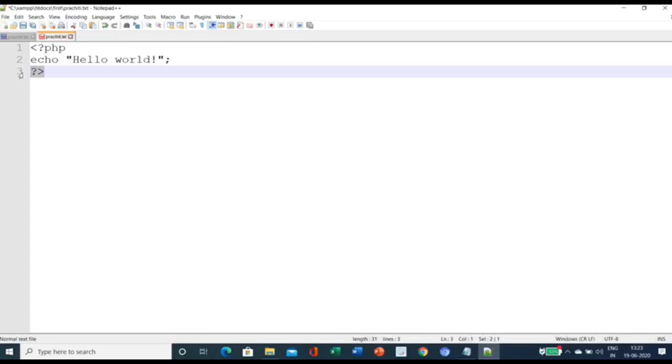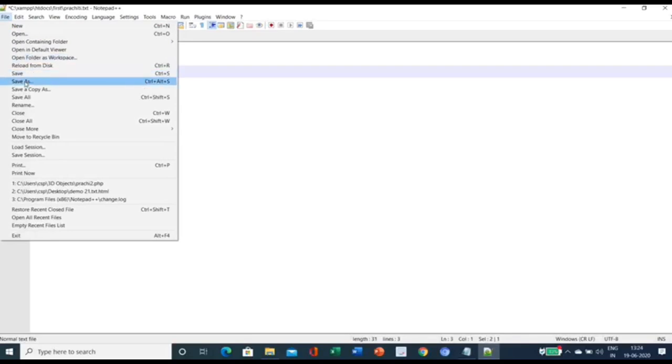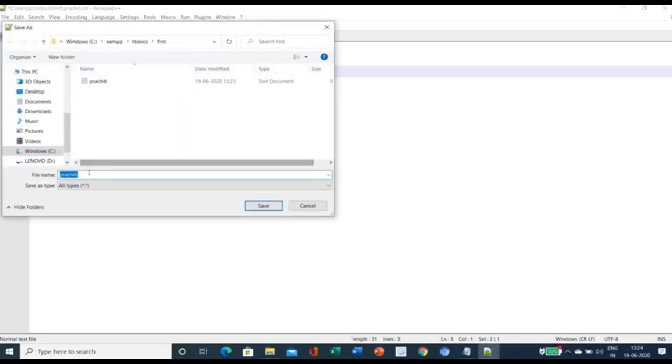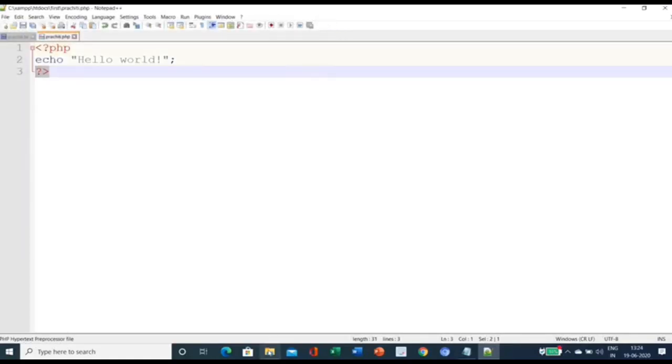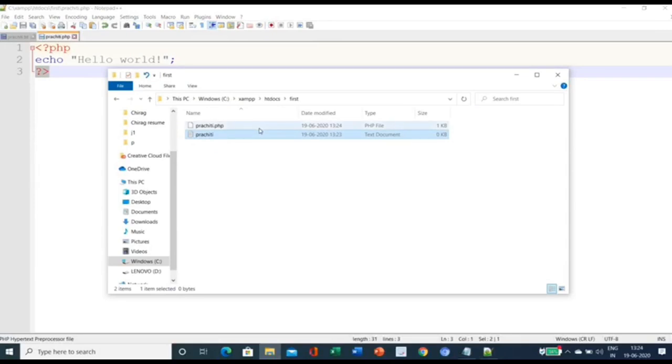Each line of PHP code is called a statement and ends with a semicolon to signify it is a complete statement. Now save this file with the .php extension. You can see there is the PHP file, rachti.php.